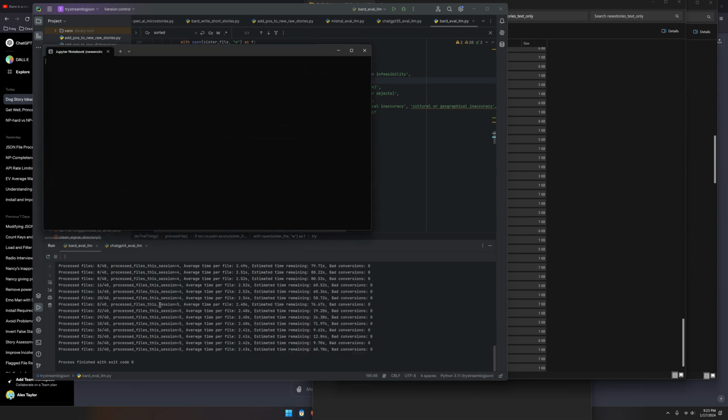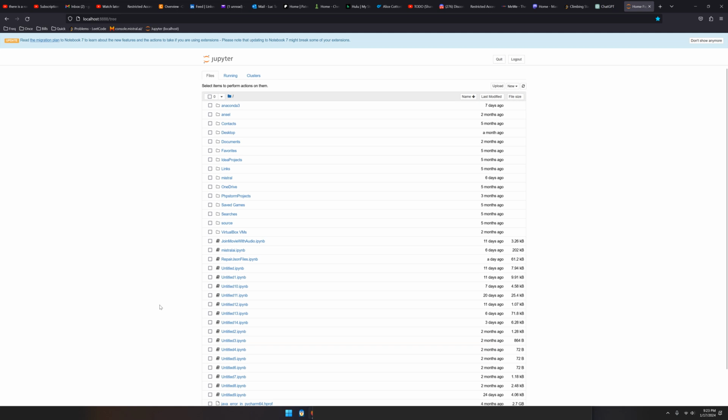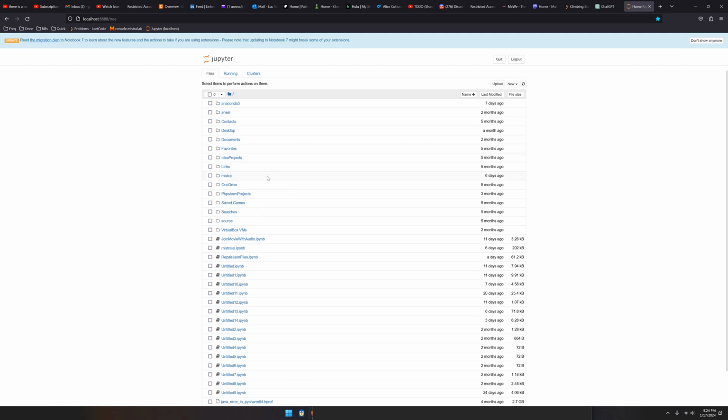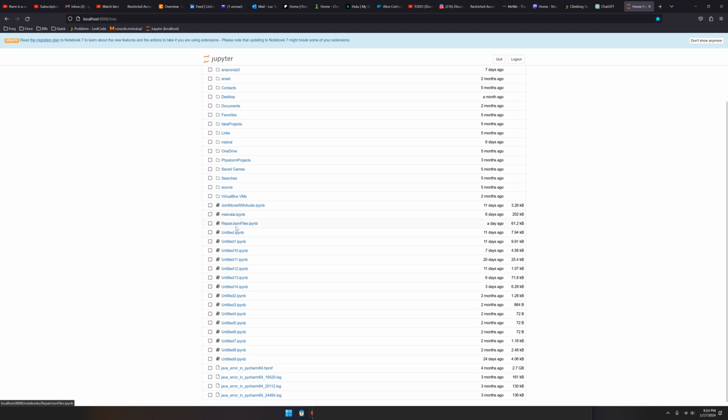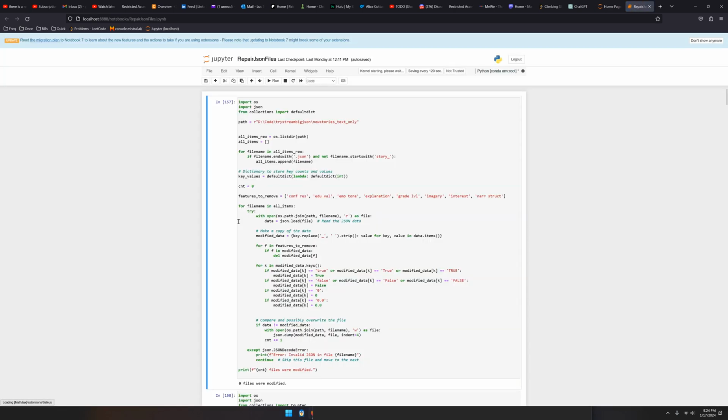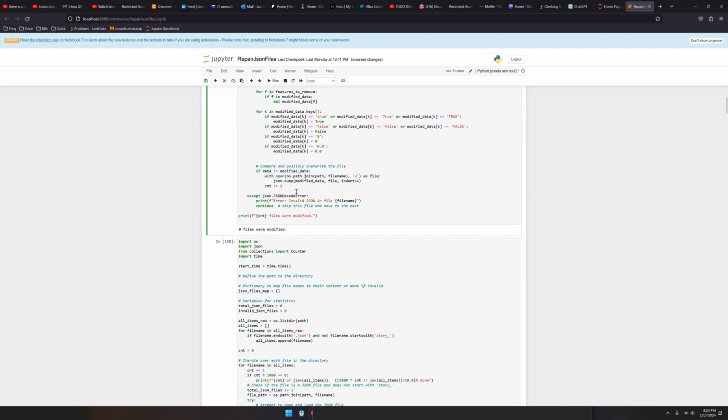So let's clean up. Let's launch our Jupyter notebook and let's clean up the files. Now, you got to be careful with large language models. They will turn out total crap sometimes. Usually it's just easier to recreate them, but I did make a repair JSON notebook because sometimes it will make the same mistake over and over again. So features to remove. I decided that these didn't have meaningful interpretation. Maybe they were interesting, but I don't need them. But we don't need to remove anything now.